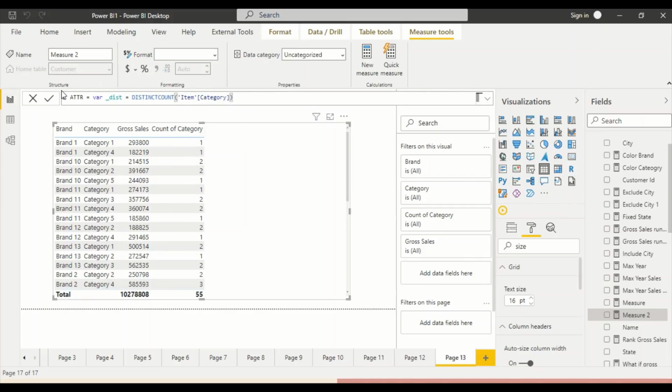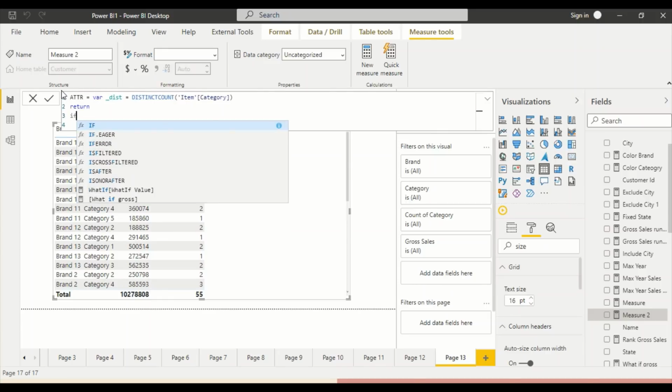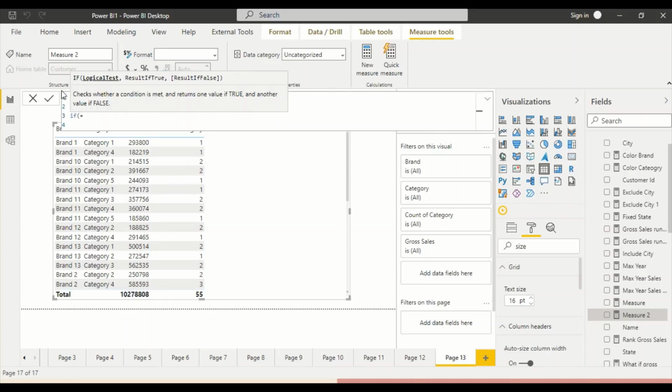Okay, so I got a distinct count of item category, and we can do Alt Enter to do this, and I say return, and I say simply if _dist, this is some problem now in the new Power BI version, it does not remove this tooltip easily, is greater than 1, then what should we give?